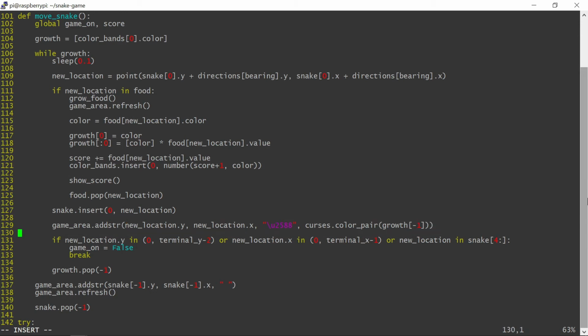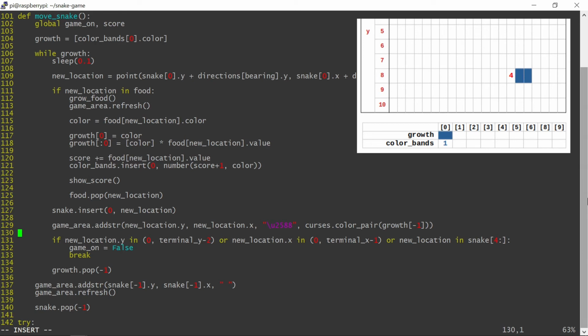The MoveSnake function is almost ready. It's capable of handling two scenarios. In a simple case, the snake finds a number and it grows based on the number's value and color. The color change will be permanent until another number is found. If the snake finds a number while it is changing color, it will finish the current color changing process and continue growing based on a new number.